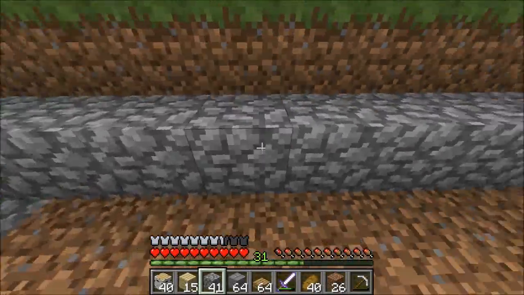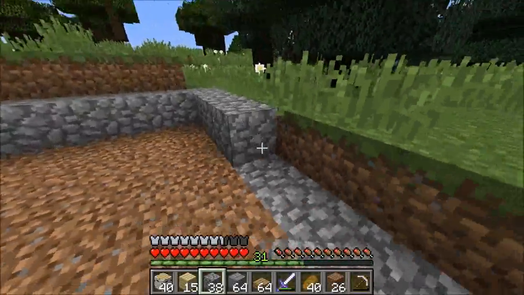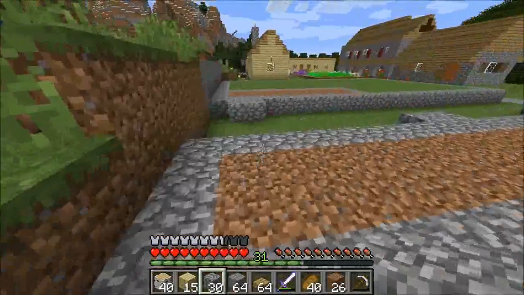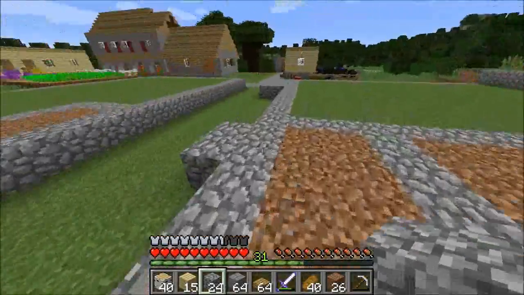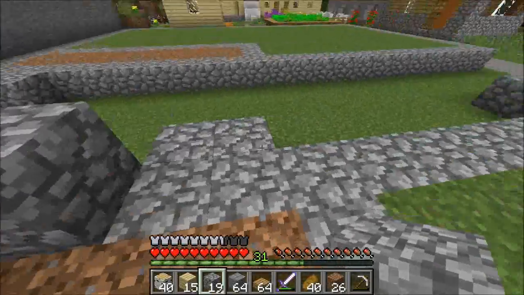So we already had the first meter done, so therefore it is now time to work on the second meter of the foundation. And that will be done in cobblestone. Now, flooring is going to be done in 3 different styles. I will be using